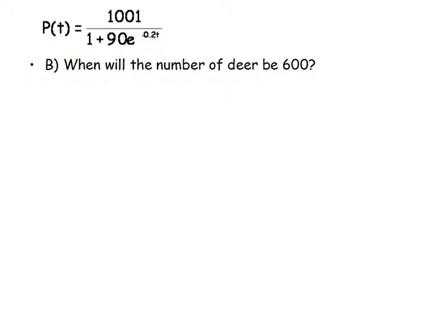So there's really only two variables left in here. This is my ending number of deer. This is my time. And so I know that my ending number of deer is supposed to be 600, and I'm trying to solve for the time. So I'll have 600 equals 1001 over 1 plus 90 e to the negative 0.2 t. All right, so to solve this thing,